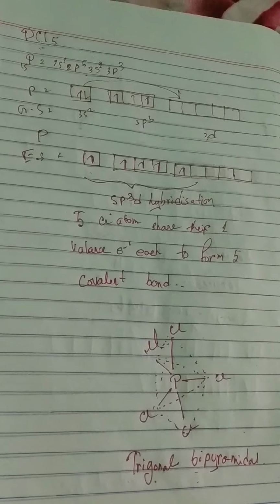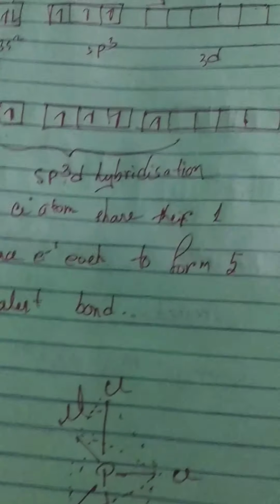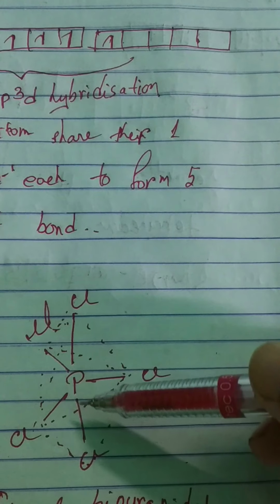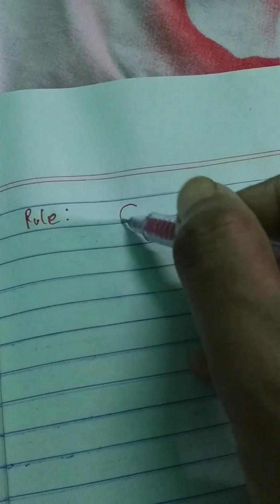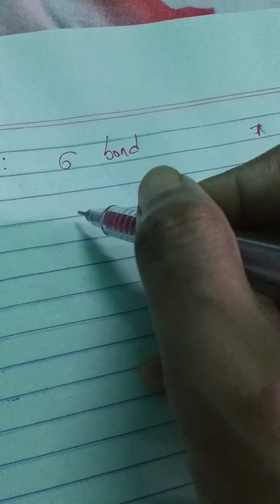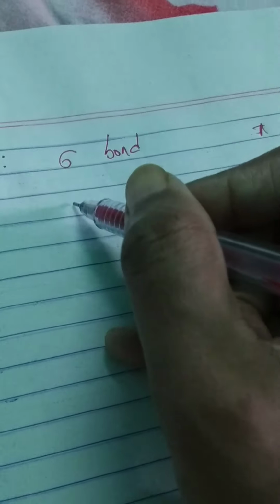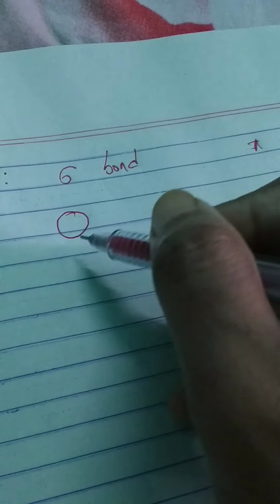So see, it doesn't take much time. Now what is the exceptional case? Let's do it. One rule is there: whatever we have done, all contain which bond? All are actually single bonds. Single bond means sigma bond. I hope you have the clarification. So sigma bond and pi bond. Sigma bond means when any orbital, it can be s, p or d, they do head-to-head overlap. For example, suppose this is an s orbital of one atom.